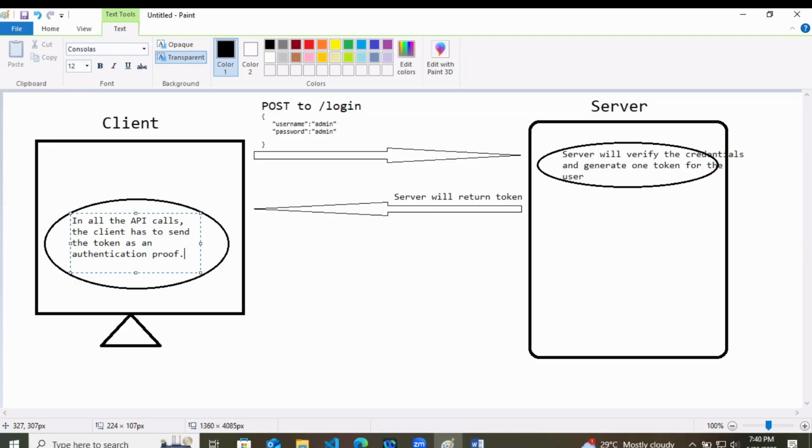What is the security here? The token will expire after a certain period of time, and it is sure it will expire.